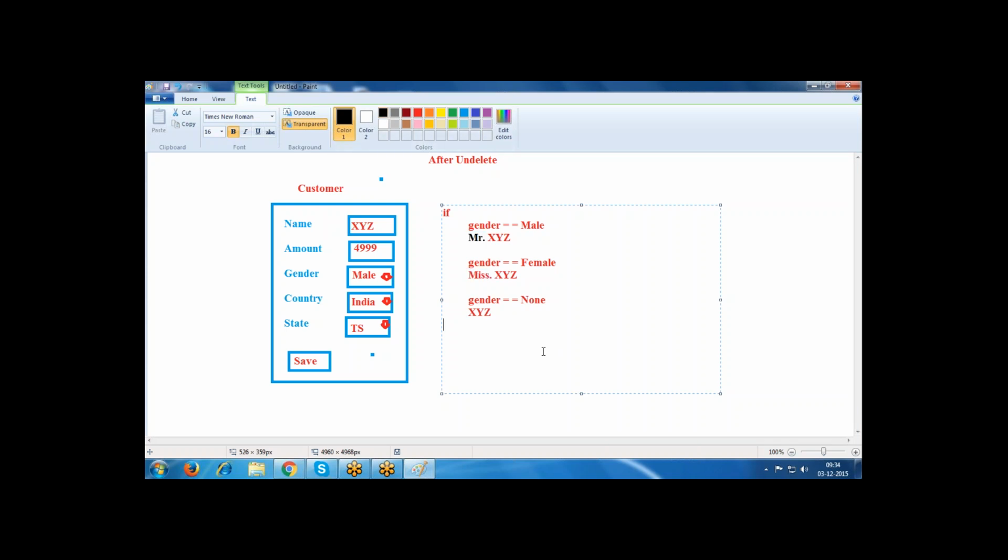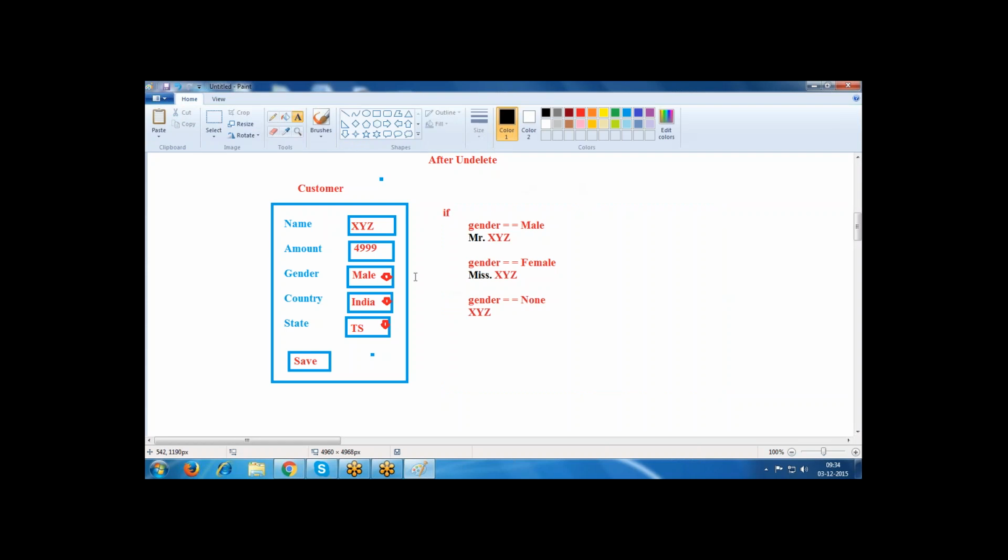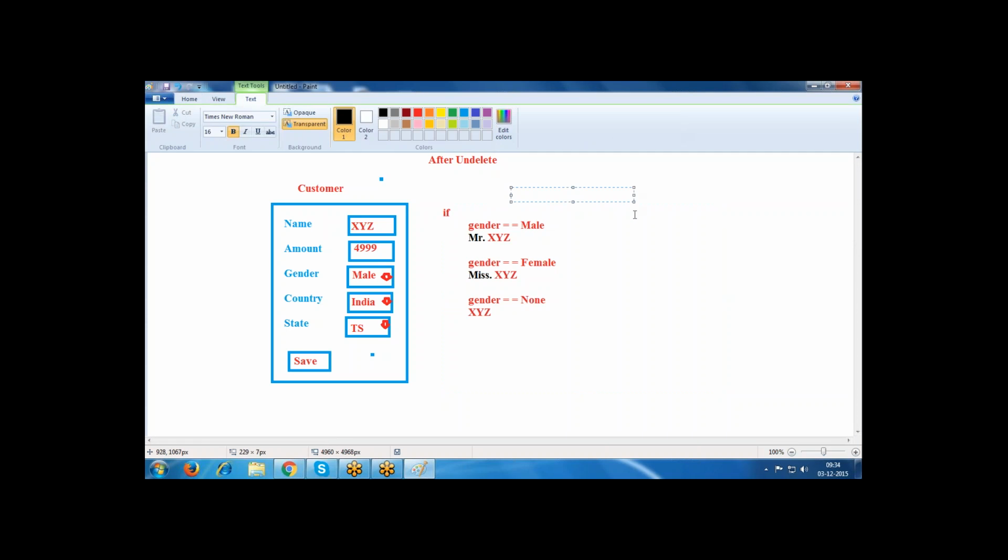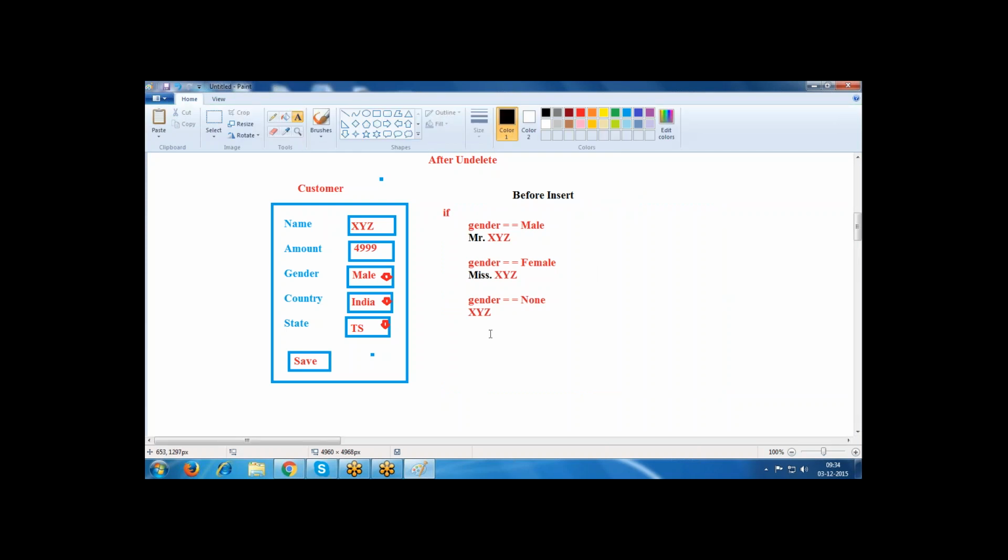By using a trigger, we can perform this type of operation. So this is one area where we use the trigger. Here we require a before insert trigger.